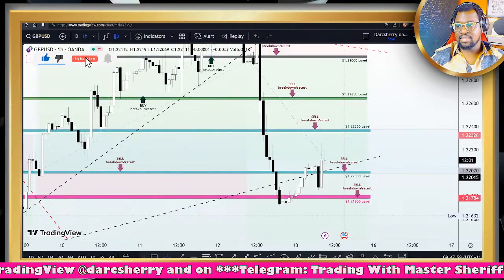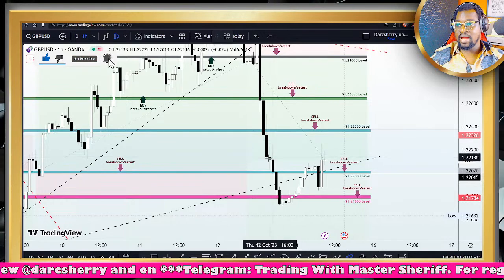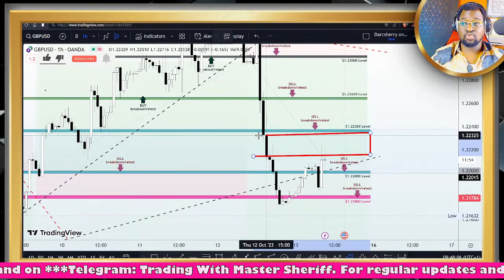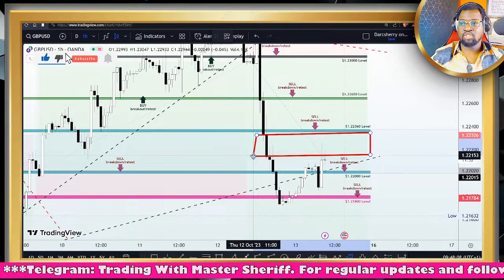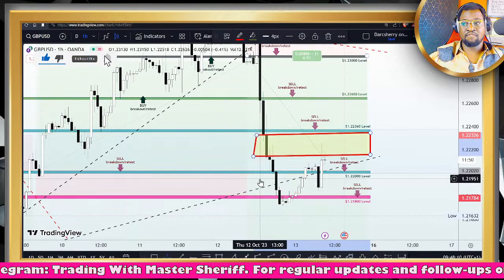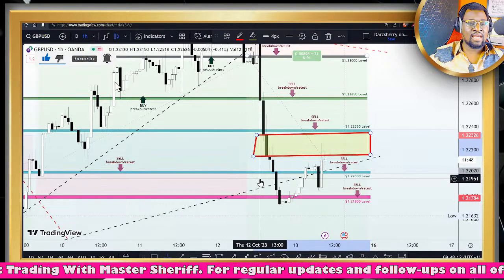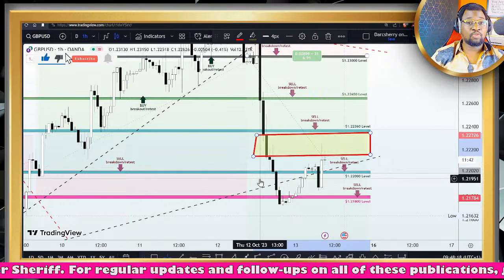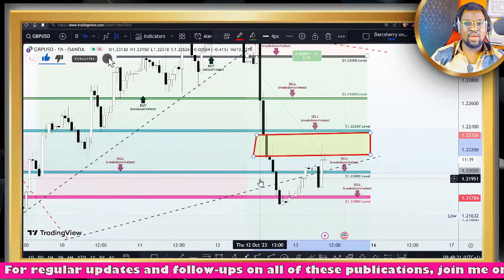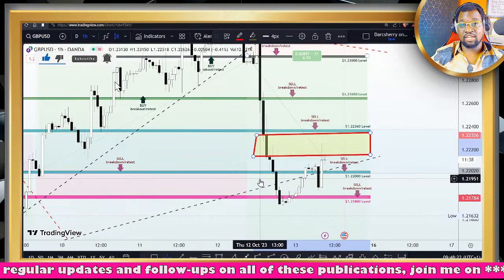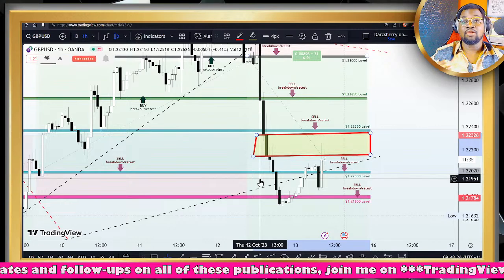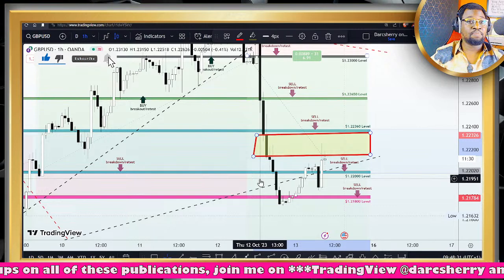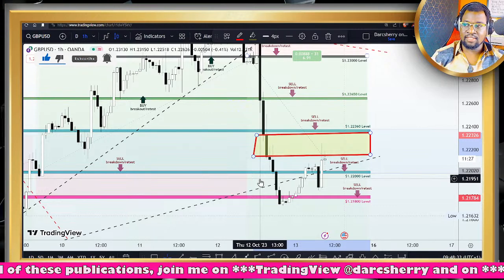Very, very important. So I will be suggesting that anywhere around 1.2200 level, and let's say around the 1.22350, we just need to give enough room right here for price action to breach, just to see if the market will continue to the downside. Now, with a well-secured position at this juncture, what is going to be our next line of action for today? Are we likely going to be seeing price continue the nosedive to the downside, or are there chances that buyers will begin to resurface in this market?